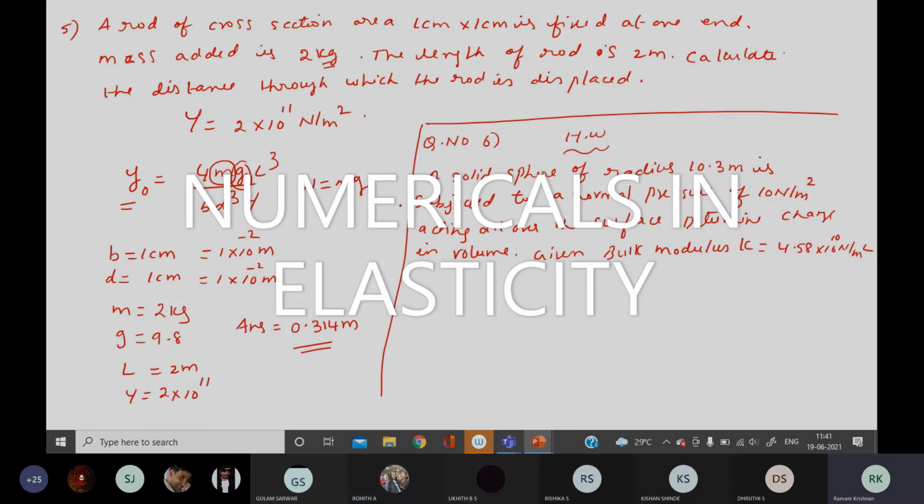See, when the load is added, when it is pulled, the mass of the body is m. But what is the tension acting down? That is weight, equal to what? mg. Isn't it? The force, the load, the weight, mass of the body is m. When it is acting downwards, the load acts downwards. We have to add g, acceleration due to gravity. That is W.